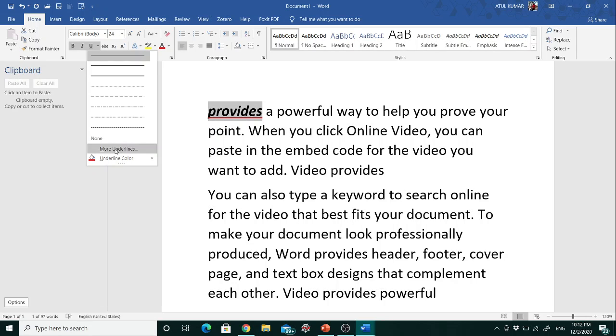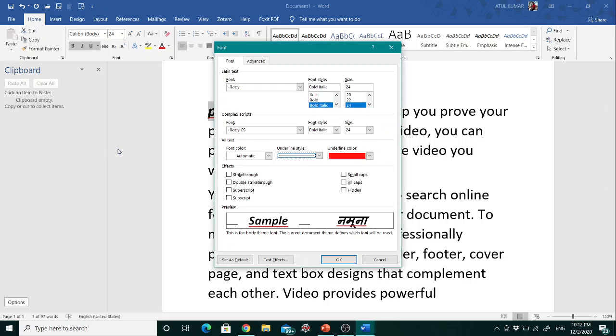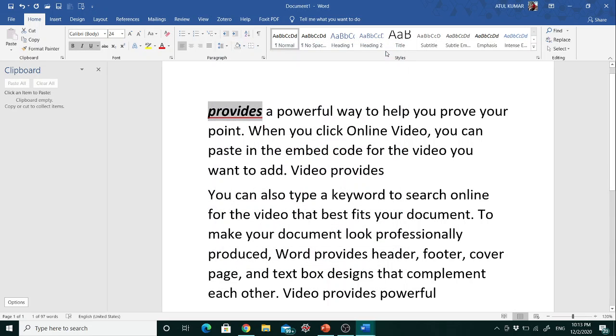Next option is more underline option, and when you click more underline, it will open the font dialog box, and in this font dialog there is an underline style. Here there is one option that is words only. I will demonstrate the use of this words only.